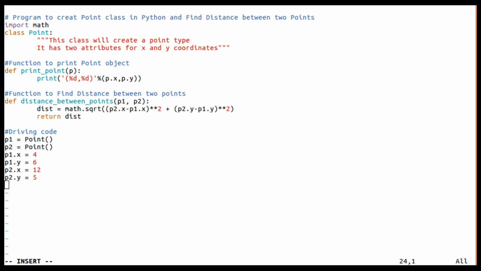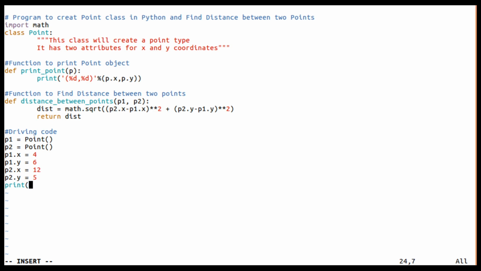Now to find the distance, we can print the points also. I will call a function here.